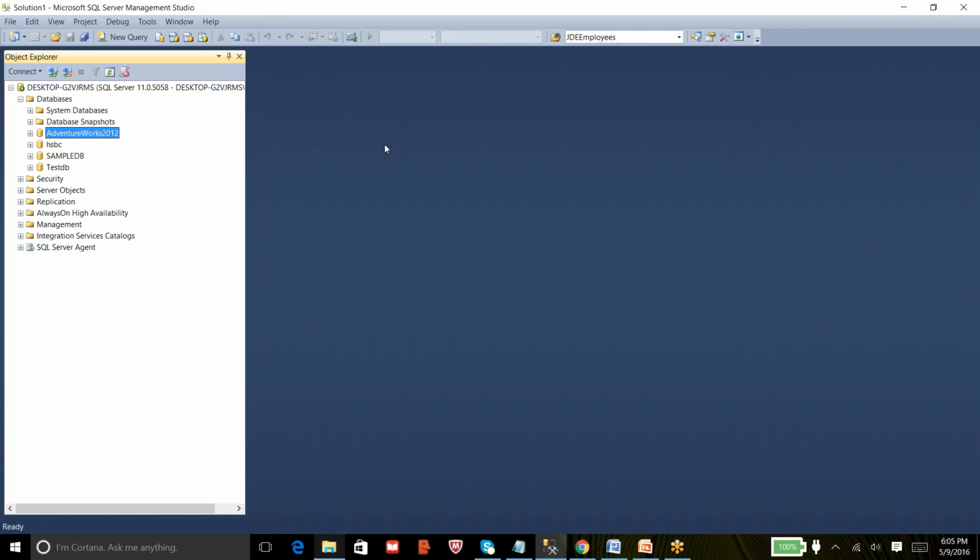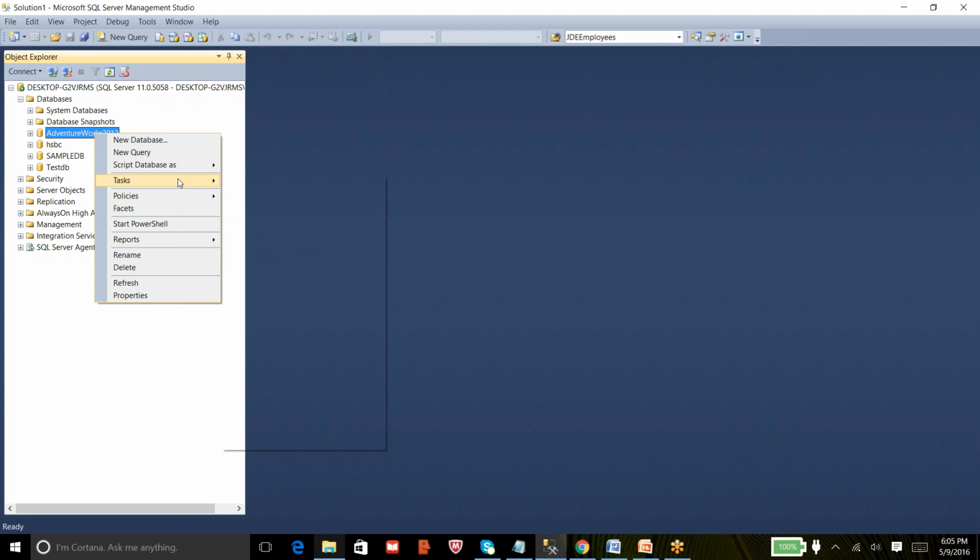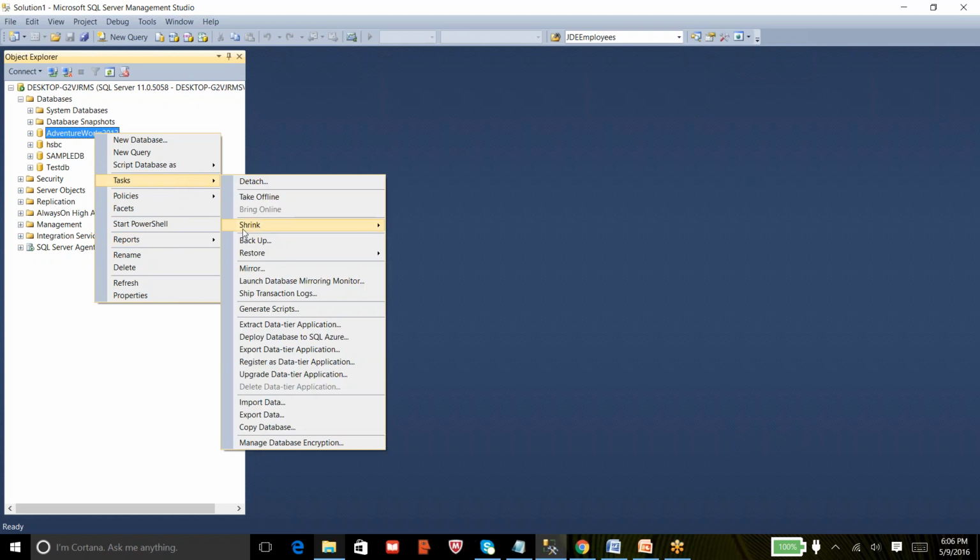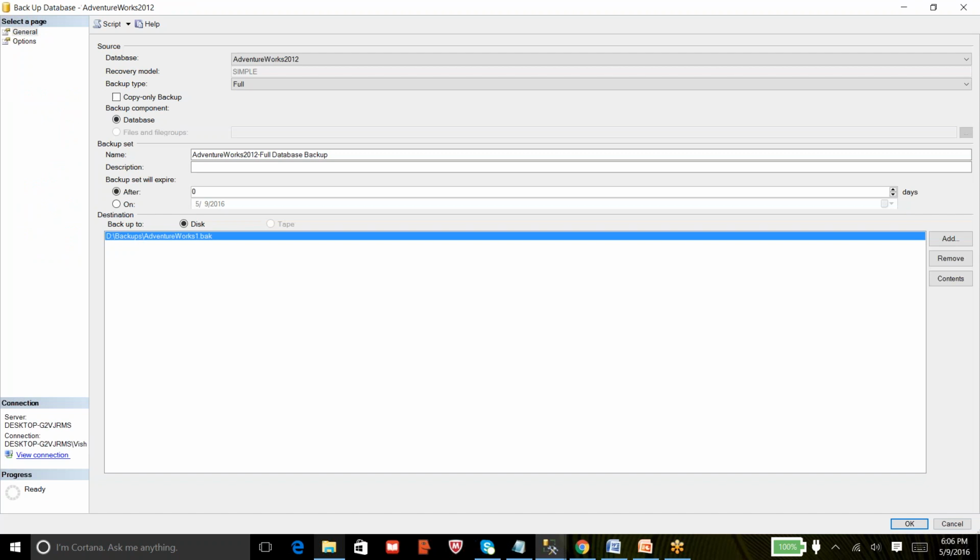So now, how to take a full backup using a script. What is a script? Anytime you use the GUI, you will find a script option. So I'm going back to the same wizard to back up my database. Once you select all the options, on top you see Script.